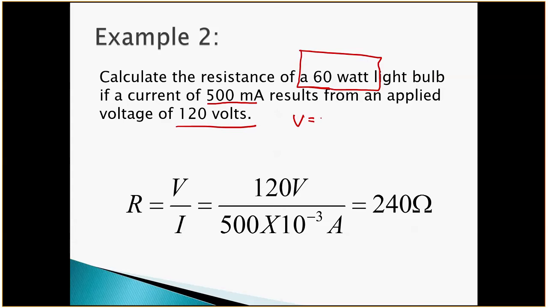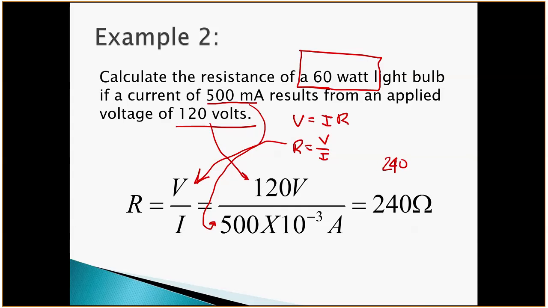So I go back to my equation, voltage equals current times resistance. Now I have to solve for resistance, where that is resistance equals voltage over the current. And that's the equation I've got. Well, here again, I've got 120 volts. That's right there. And 500 milliamps. Notice how quickly I went to times 10 to the minus third. Well, 120 divided by 500 is going to be